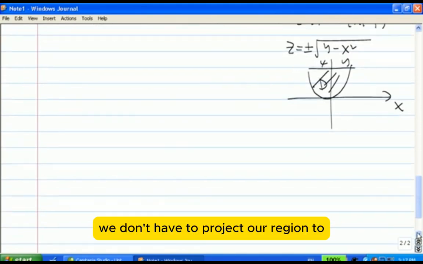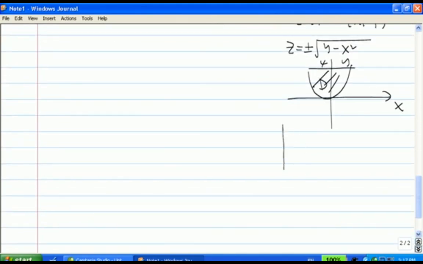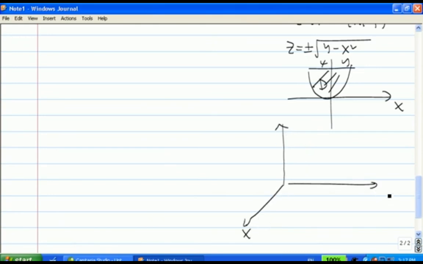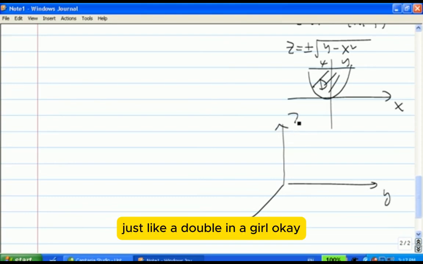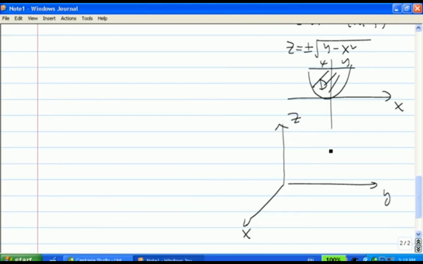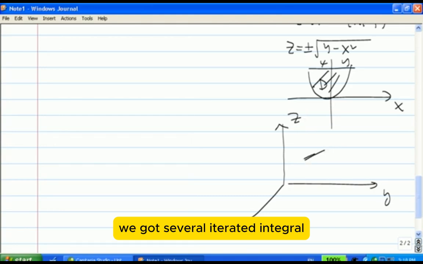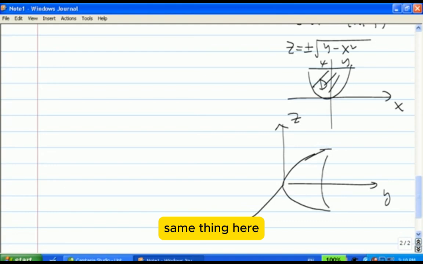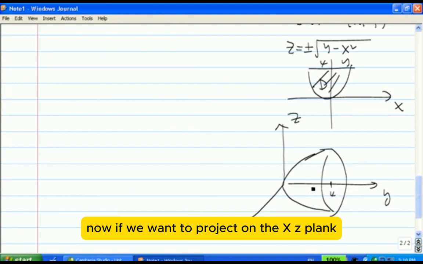We don't have to project our region to the xy plane first. Just like a double integral, we got several iterated integrals. Sometimes one is easier than the other. Same thing here. Here is the 4. Okay. Now, if we want to project on the xz plane,